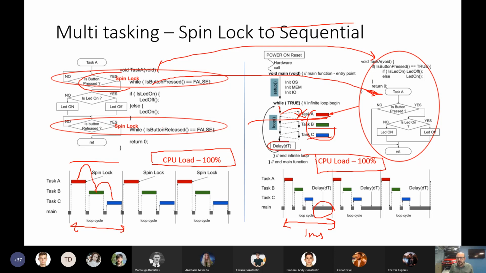And we have here a delay. And this delay is another kind of spin lock. But okay, it's not related to any task, and we can say it's related to the operating system. It's operating system time that is always 1 millisecond. That is just providing us the same sequentiality, but not more. But we need more. We need to save this time for other different purposes. We will see how we will exclude even this delay from here without keeping blocked,